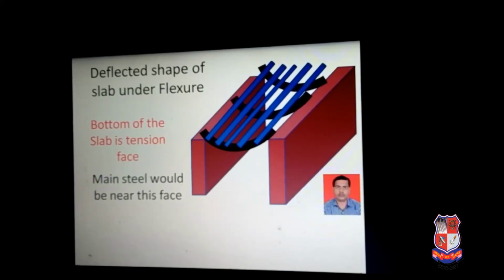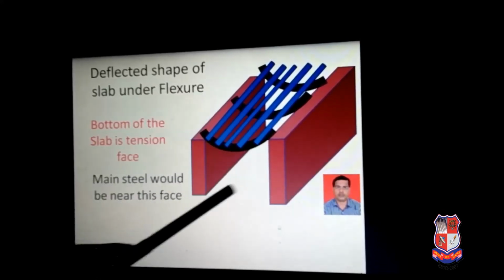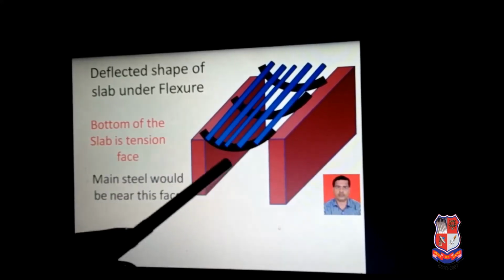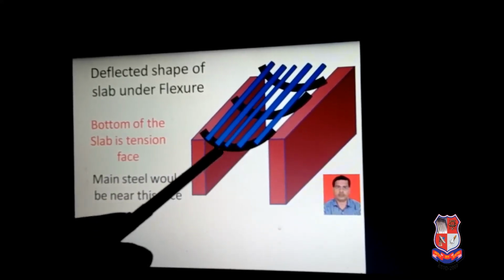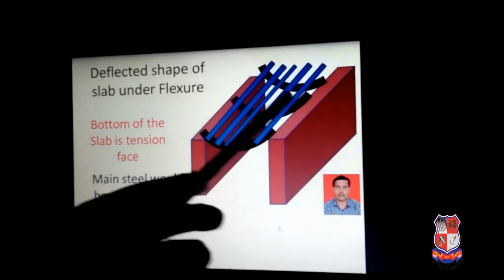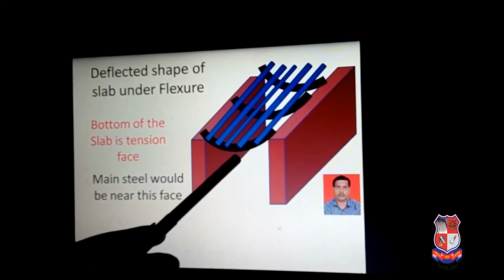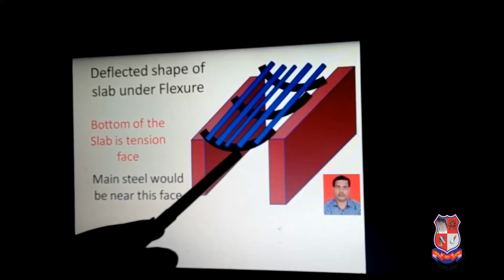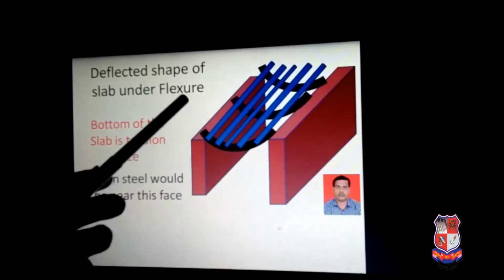Now the main concern is why we design steel for a one-way slab. Suppose the slab is loaded, there could be some live load, the dead load of the slab itself and the load of the floor finish. Under the action of this load and the developed bending moment value at the middle of the shorter span, what would happen if the material is weak or not properly designed or not properly constructed? The slab would deflect like this, where the tension surface is at the bottom of the slab and the compression surface comes on the top of the slab.